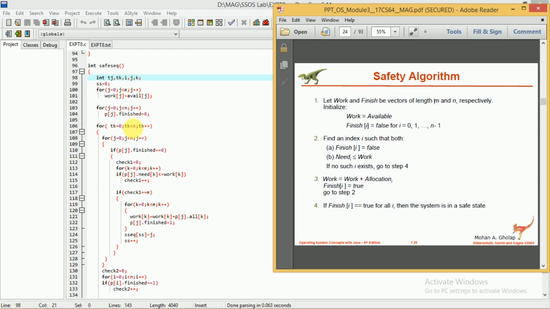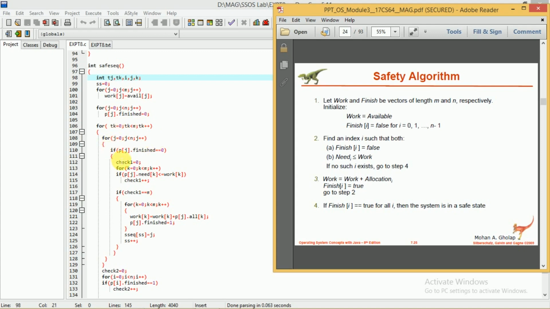After this, the next step is the second step. For that, here we have taken one more variable just to avoid confusion. So for tk equal to 0, tk less than m, tk plus plus, means for every resource. Then for j equal to 0, j less than n, j plus plus, means with respect to every resource we have to consider all the processes.